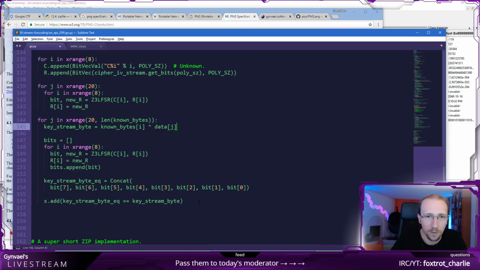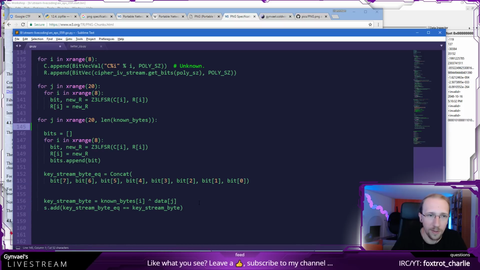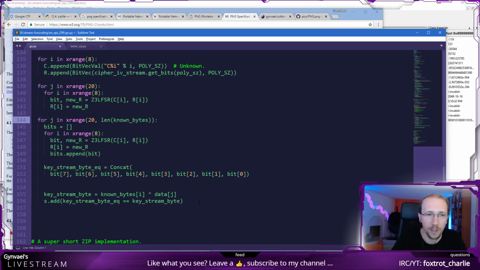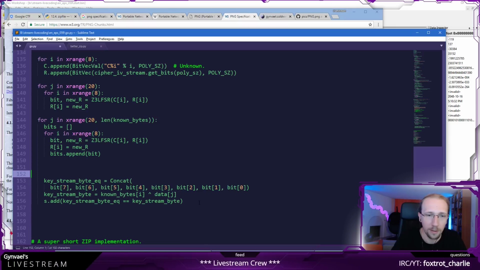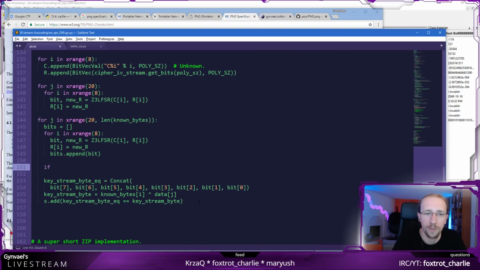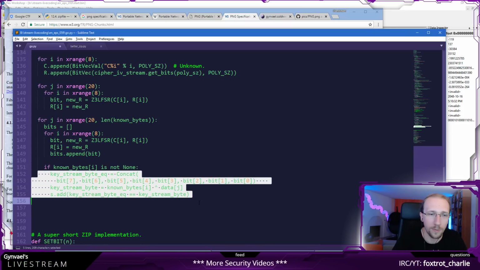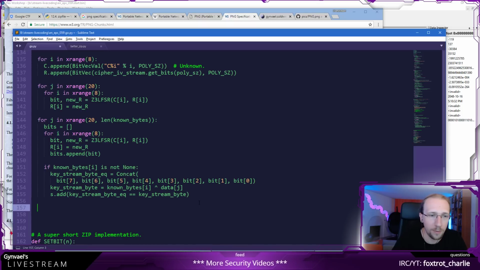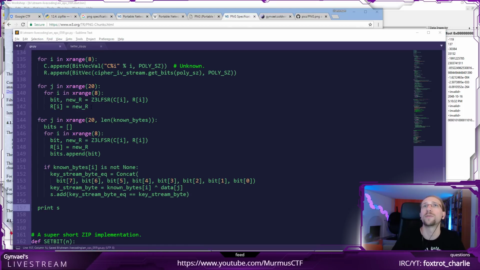I need to do this for almost everything, because I need to roll the pseudo-random number generator anyway. But this part is done only for the bits I know. If I don't know the bits of the plaintext, then I cannot do it. So if known bytes of i is not known, then I can do this. Okay. And here we get, at the end of everything, an equation. I'm pretty sure you want to see the equation, right? So let's print out the equation.